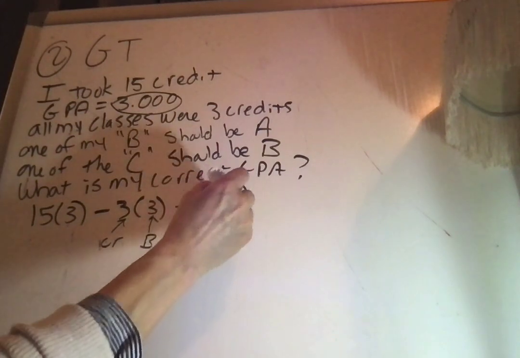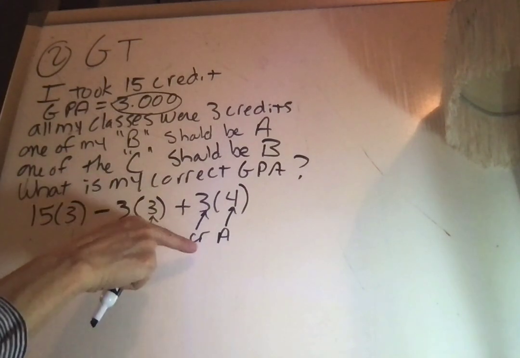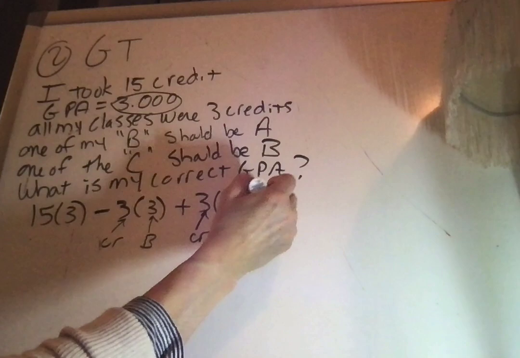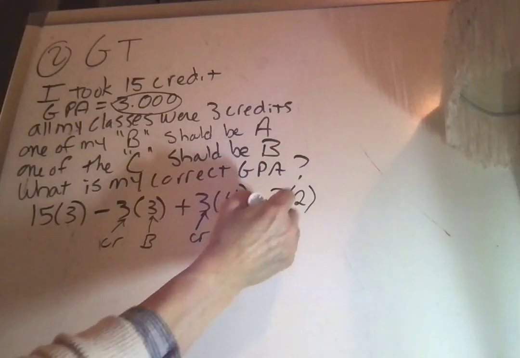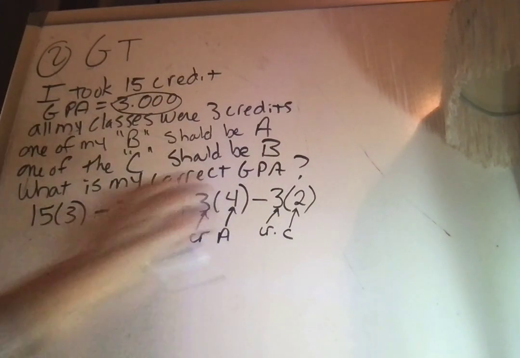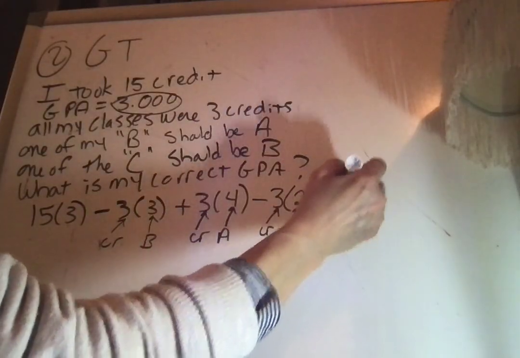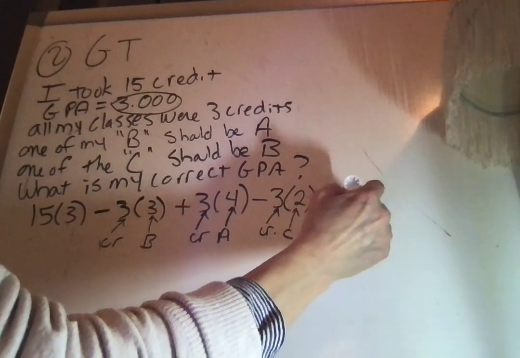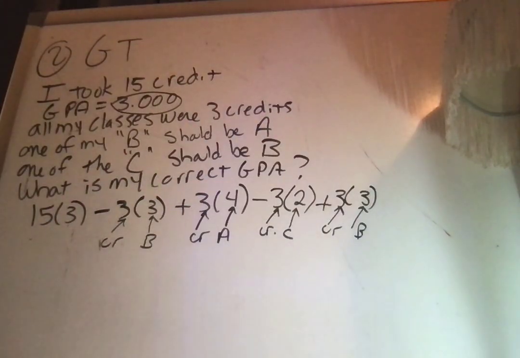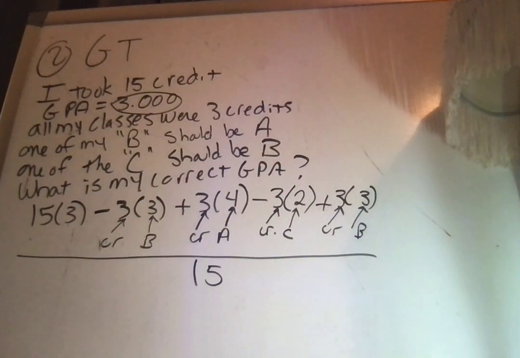So that's the credit, and that was the A. So I kicked out my B, I put my A in. Now I've got to kick out my C, because these are all 3 credit classes, and put in my B. Okay, so I still earned my 15 credits. These were just grade changes. I wasn't dropping anything. Pause me, do the math there, put that into your calculator,